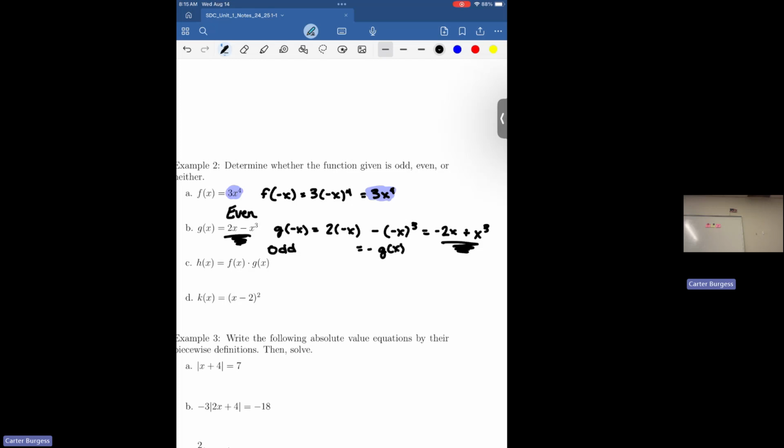Yeah, so we're adding a bunch of even functions together. Exactly. Think about how a positive number plus a positive number plus a positive number is always going to be positive. Similarly,